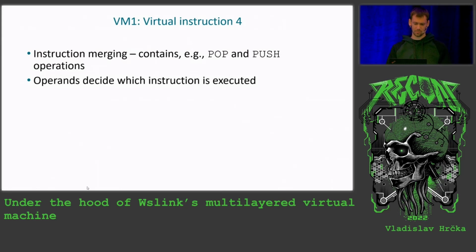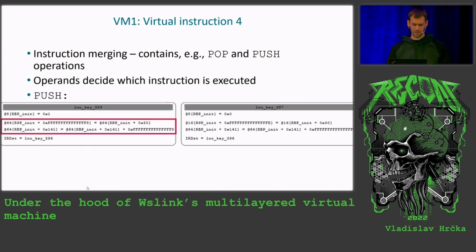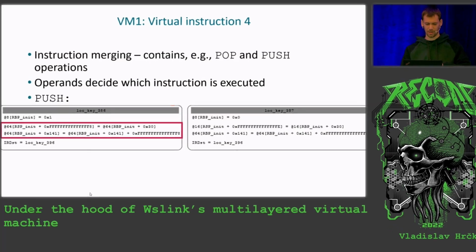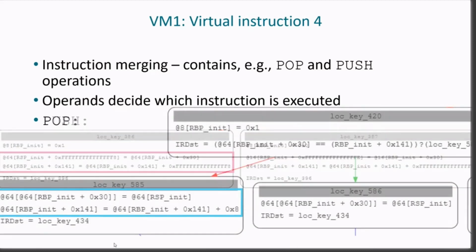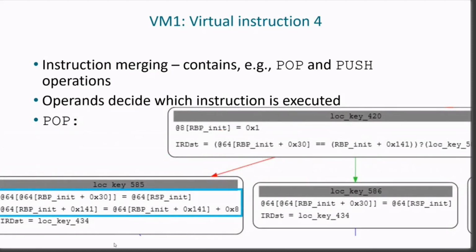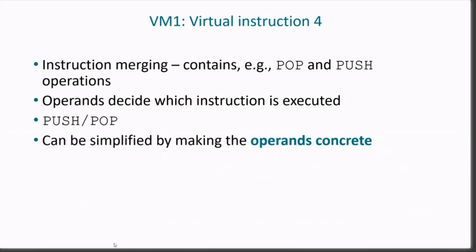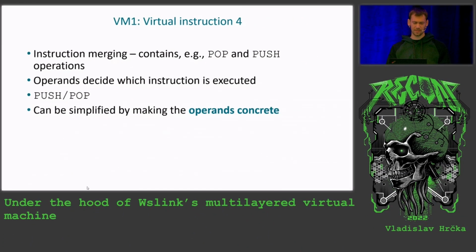Actually it performs instruction merging, so there are multiple operations, and operands decide which instruction is executed. So we now zoomed in on part of the instruction, and we can see that here happens a push, and at another place a pop. So how can we again simplify this? We can apply the values from the bytecode and decide what path is taken and what